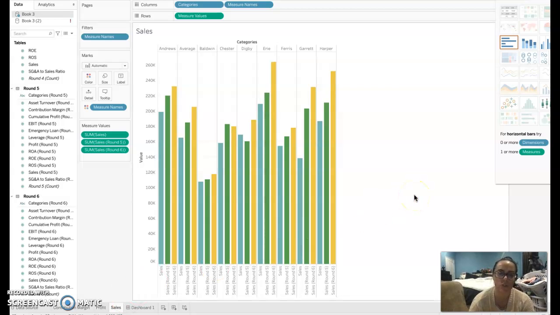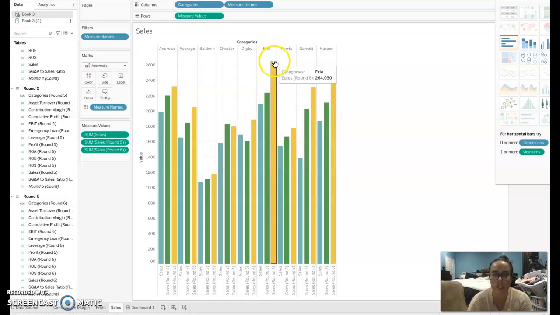So this is just going to show the amount of sales that we had per team per round. So it does look here, this is our team, which was Team Harper. We had our highest amount of sales in round 6, which came in at $251,692. And then our lowest sales was in round 4 with $186,562. However, when it came to the sales, Chester did not do so well in each round, but it does